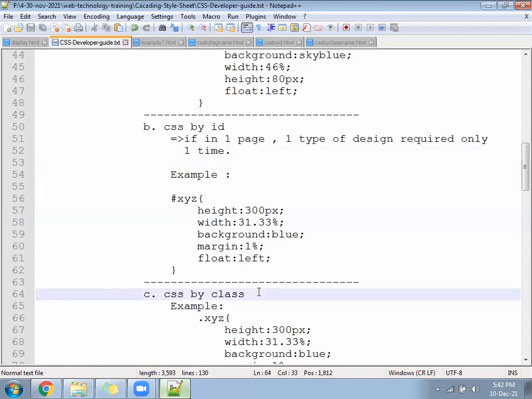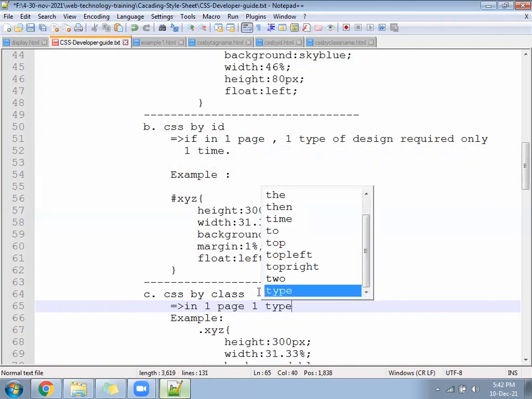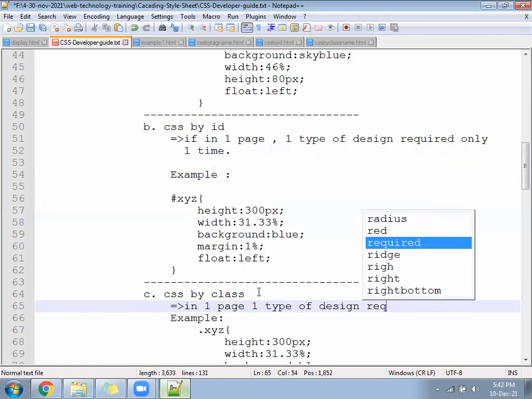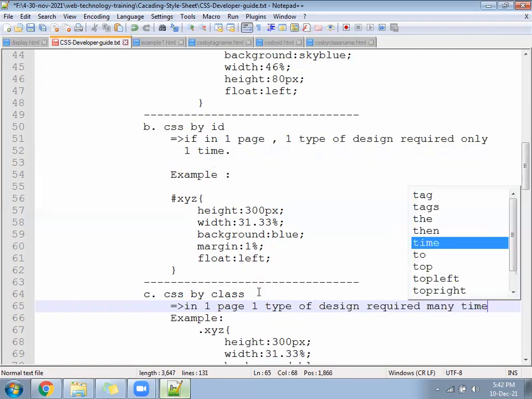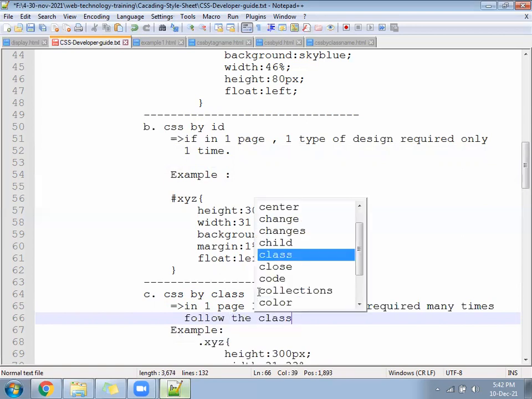In another line, right here, under the term of CSS, in one page, one type of design required many times, then we will follow the class.